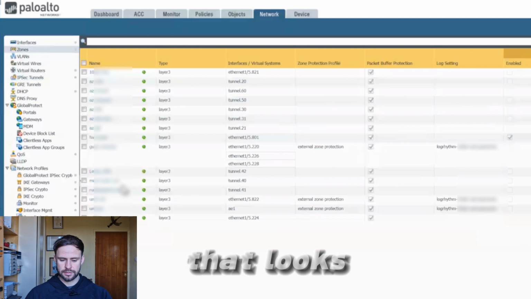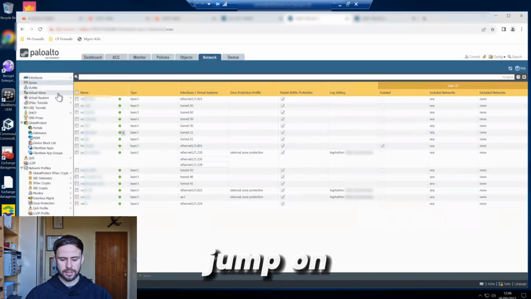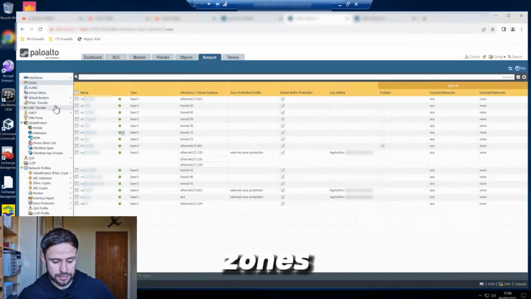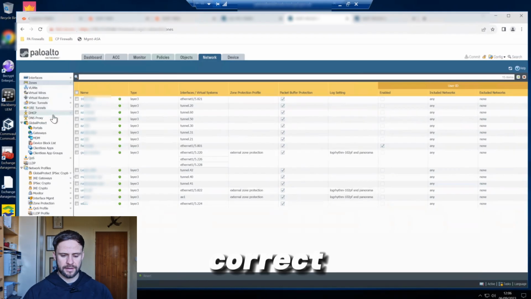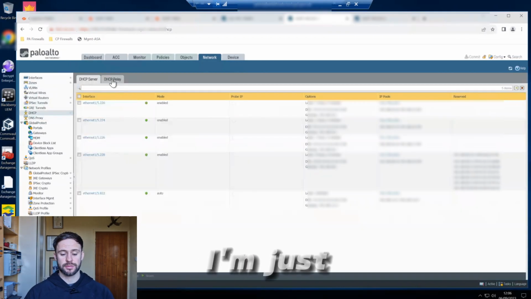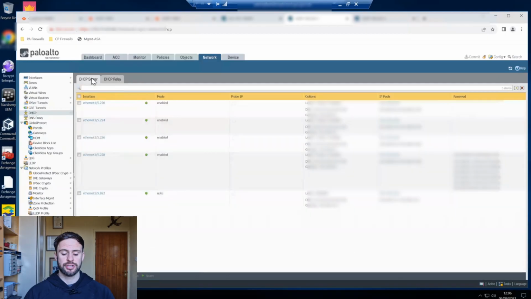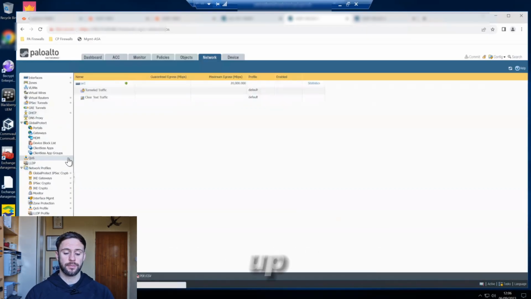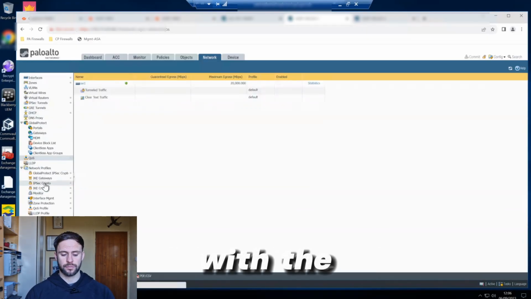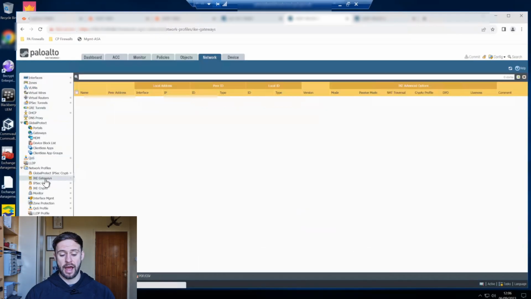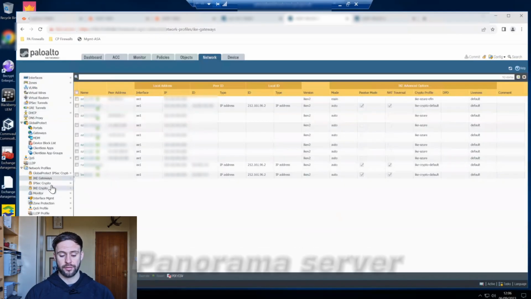Yeah, that looks correct. Now I'm just going to jump on the interface, click onto the zones and just make sure those look correct. Here I'm moving over to the DHCP server, DHCP relay configuration, just ensuring that things are matching up with the new configuration. As it stands, I'm looking at the old Panorama server,